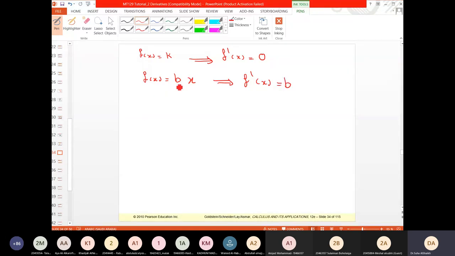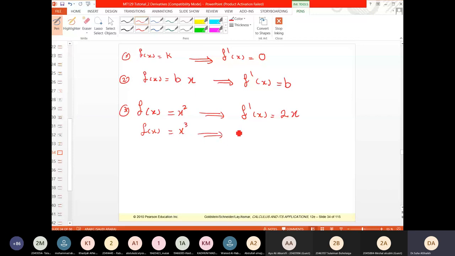For example, if it was 2x, the derivative is 2. If it was 3x, the derivative is 3. This is rule 1 and this is rule 2. Rule 3 states that when f of x is equal to x squared, the derivative f dash of x is 2x. If my f of x is equal to x to the power 3, my derivative f dash of x is equal to